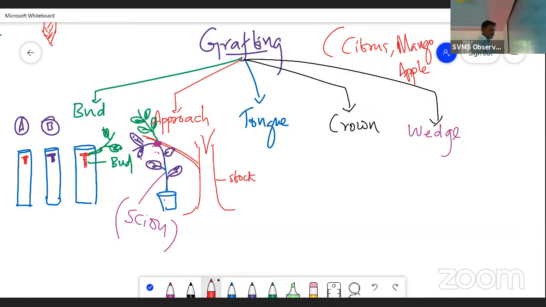A tongue grafting is a technique in which both the stalk and scion are slightly sliced, obliquely sliced. I mean, this is a stalk and scion, and this is another plant. Two plants are taken in which the ends are cut obliquely. Right. So this is called